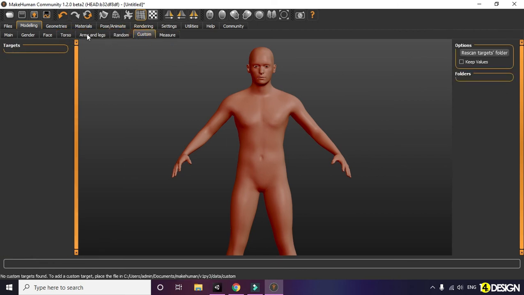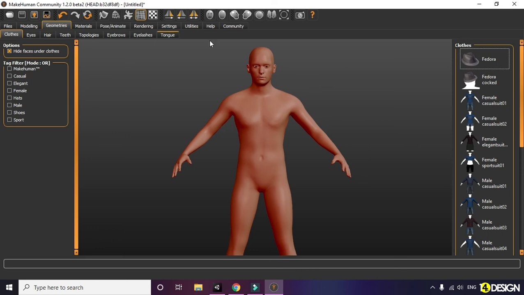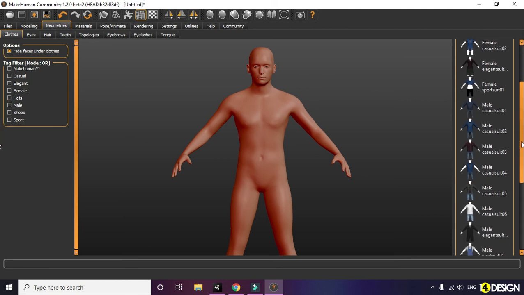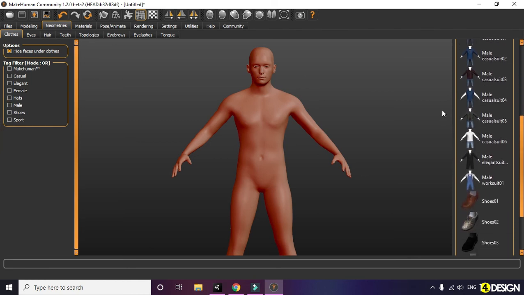Now let's add some clothes to it. Go to the geometries option, and here you can see a lot of clothes options. Just click on it, and the clothes will be applied.